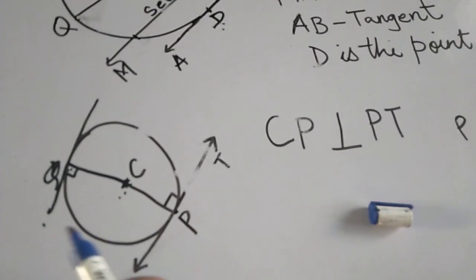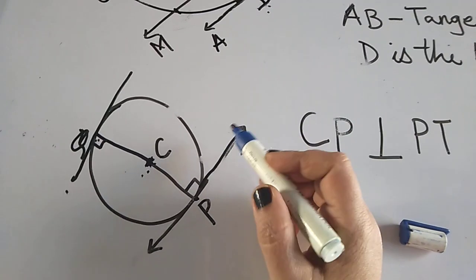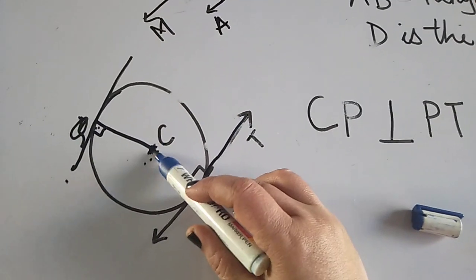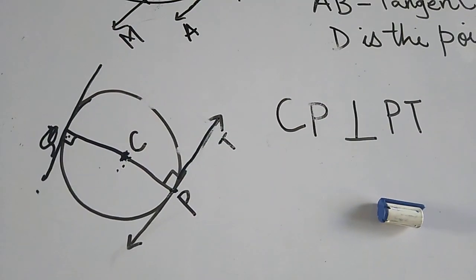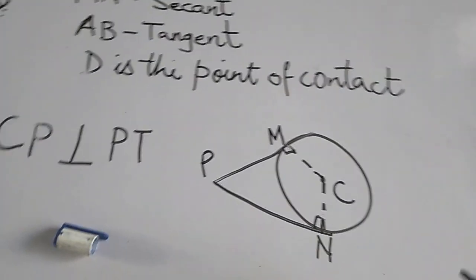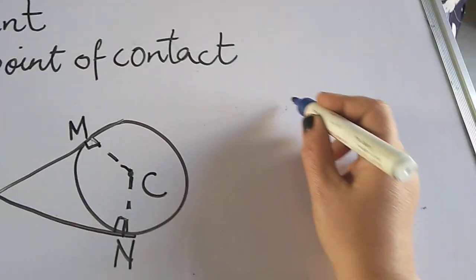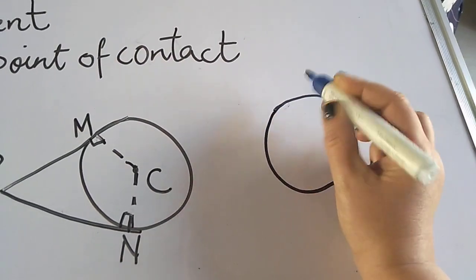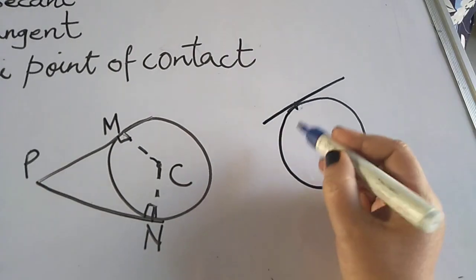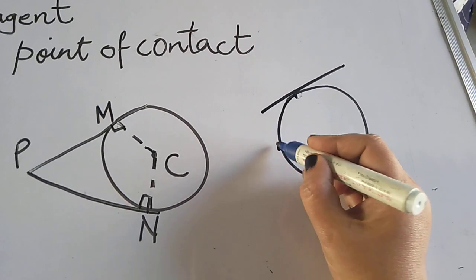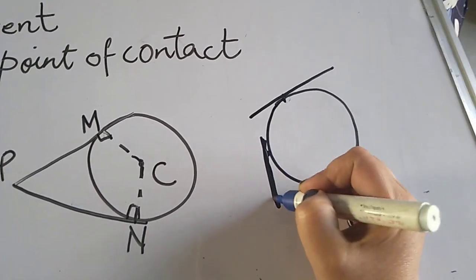Please note it down, because in conceptual understanding, questions of this kind are asked. This line should be from the center, not from any other point. Now coming to how many tangents can be drawn. If I take a circle, at one point I can draw only one tangent. There are innumerable points, so you can draw innumerable tangents touching the circle. It should be touching.